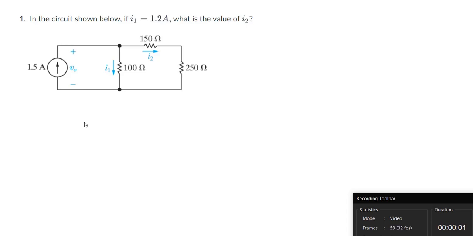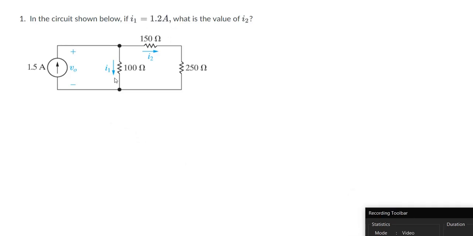Let's look at an example application of KCL and KVL. In this circuit, the current I1 here is provided to us, and we are being asked what I2 is. We begin by labeling all the nodes A, B, and C. We know the current here in this branch in this direction is 1.5 amps from the definition of this current